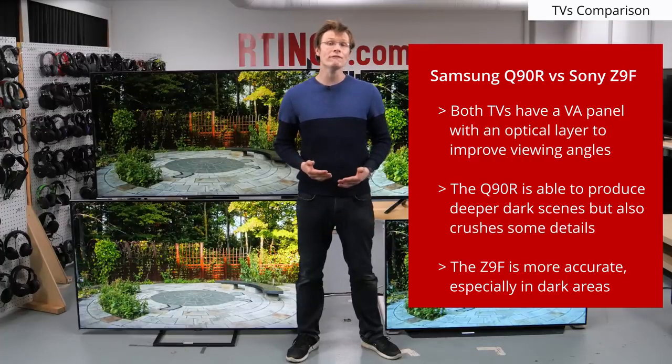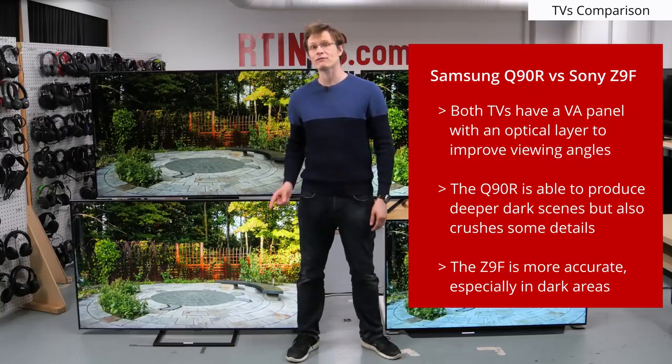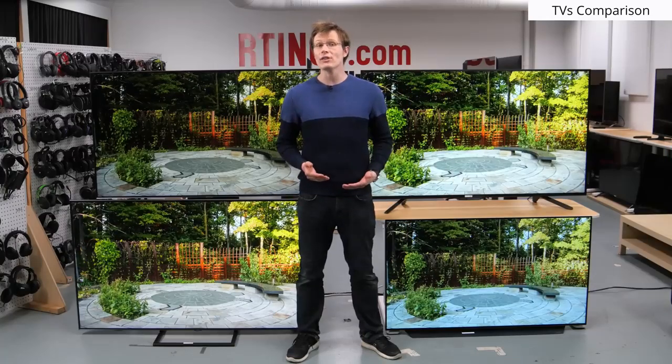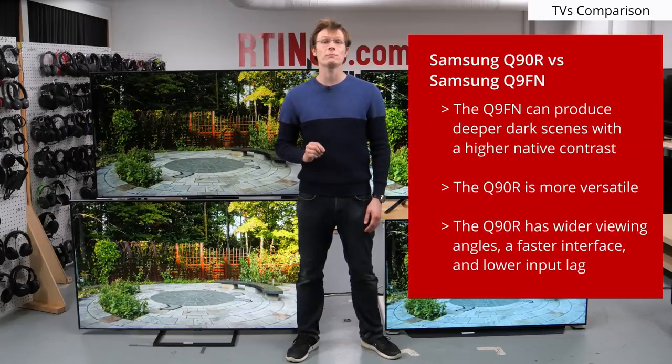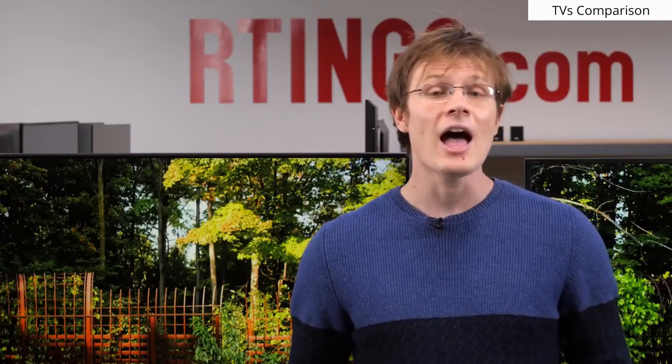If the most important factor to you is dark scene performance, then you will see it as a step down from the Q9F. On the other hand, if you care about the whole package, most significantly the improvement to viewing angles, but also a number of small improvements like the snappiness of the interface, slightly lower input lag, and slightly faster response time, then the Q90R is a better TV. While the performance of OLED and LCD TVs seems to get closer year on year, there are still a few significant differences, which means